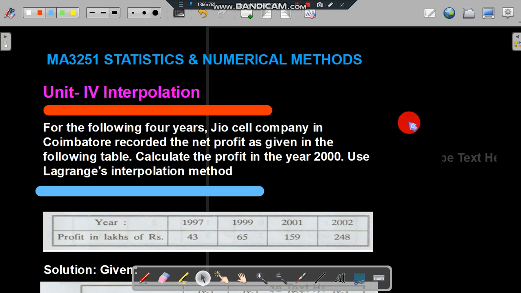Okay, students, class, we are going to discuss unit number 4, interpolation, and it comes in your